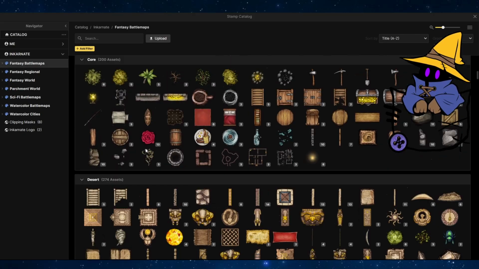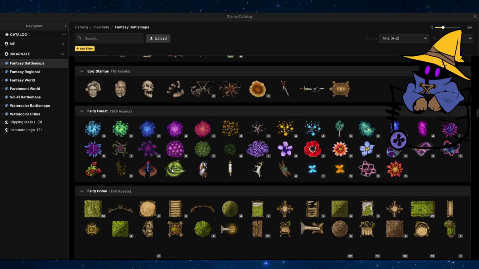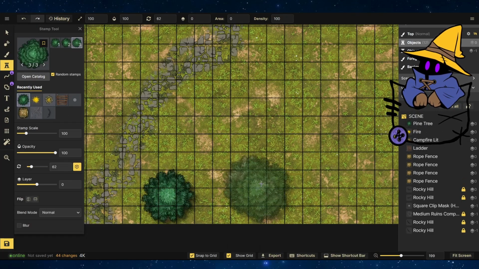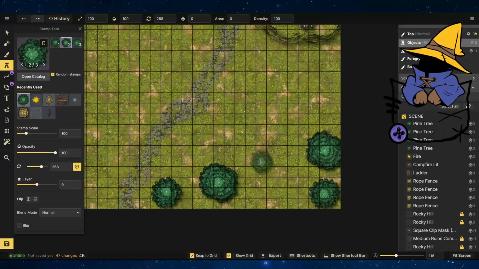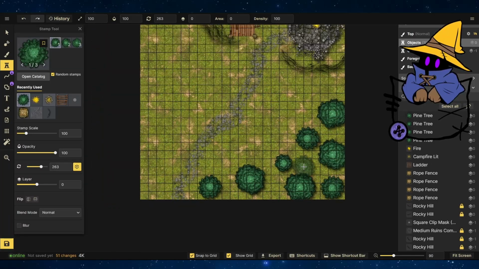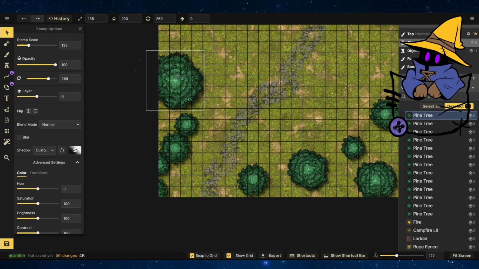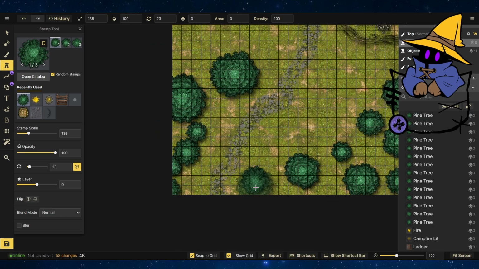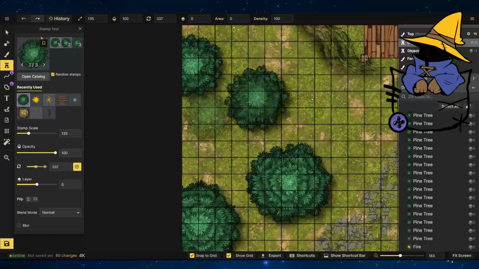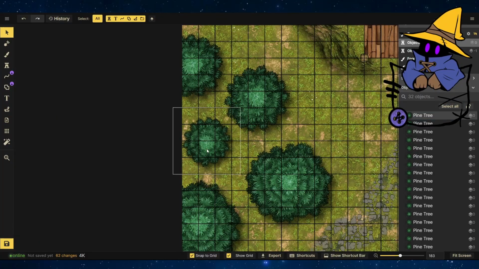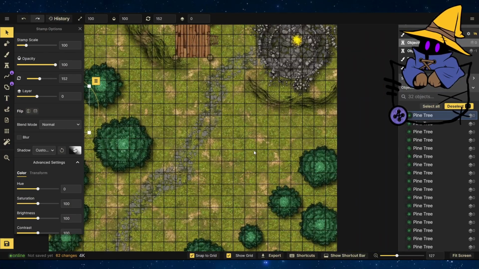We'll go ahead and grab the trees. We don't want to do regular trees. We'll do evergreen trees. We'll go ahead and put them where I usually remember. The trunk is always in the middle so that dynamic lighting is easier. We'll make that bigger, and we'll just put these around. Then we'll grab that, and then we'll go ahead and put some